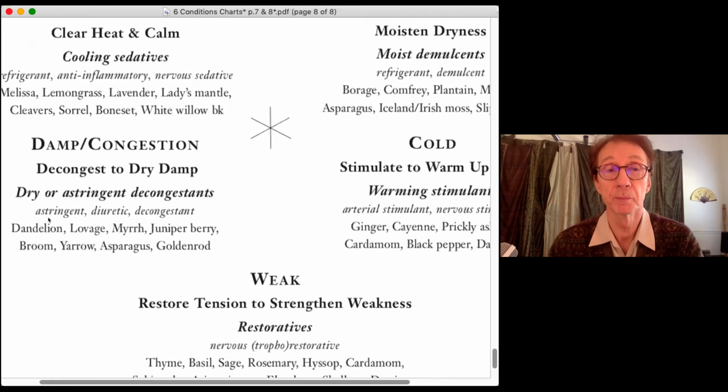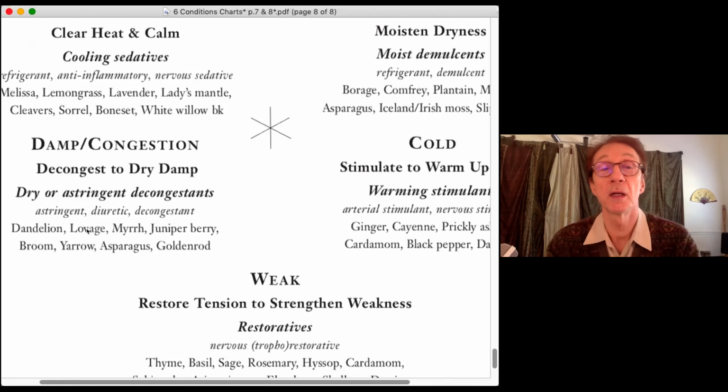Okay, so we have dandelion, which obviously works a lot on the kidneys and the liver. Dandelion root, dandelion herb, lovage, ligusticum, dandelion taraxacum, lovage, ligusticum, levisticum, myrrh,